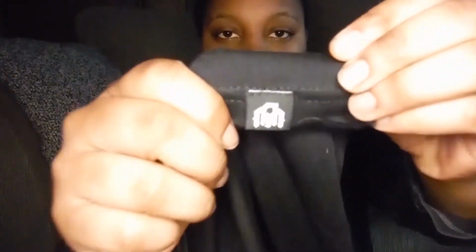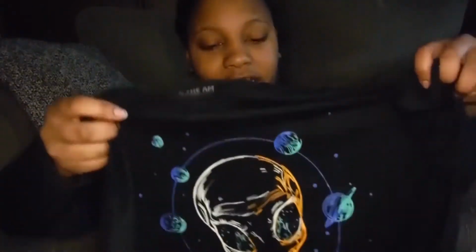It has the Into the AM logo in the back, and most of the time, they do have it at the bottom, so there's a little logo at the bottom of the shirt. Man, I didn't realize he was holding a fiery ball. That's nice. Okay. Oh, and one thing I forgot to mention, pretty much every product that you get from Into